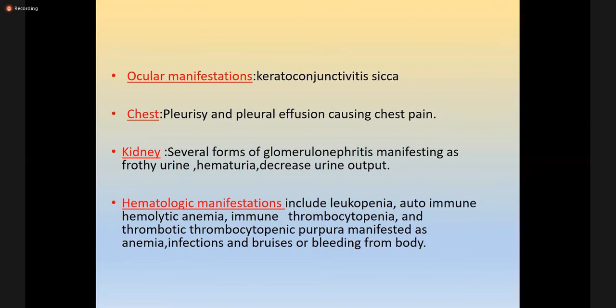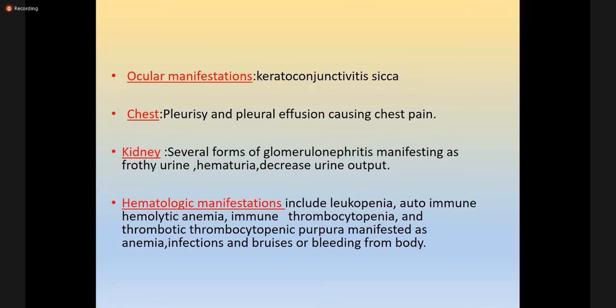In the heart, in the kidney, the two most lethal systems which can be affected in SLE and may make its prognosis poor and worse are the kidney and the neurological system, the central nervous system. So talking about the kidney, there are clinical features, symptoms.